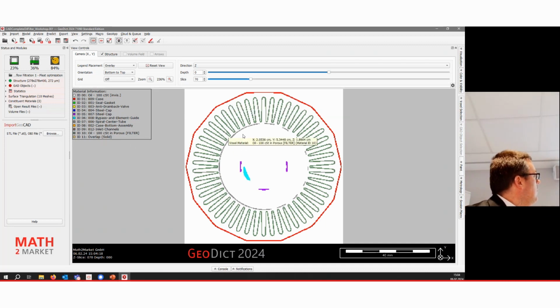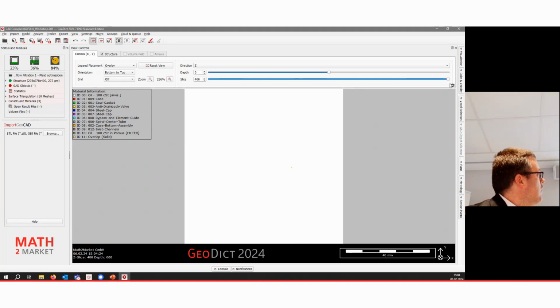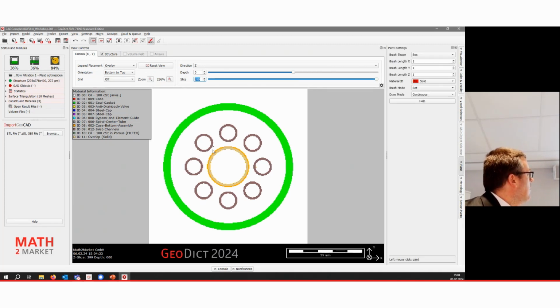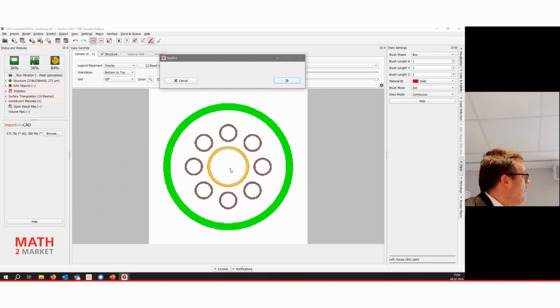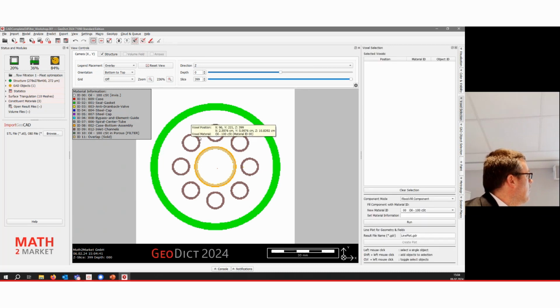And now we have to specify inflow and outflow. Let's go up to the structure here, a bit down. So here we are. In this case, I will specify this one here. Oops, where is it? Select voxels.